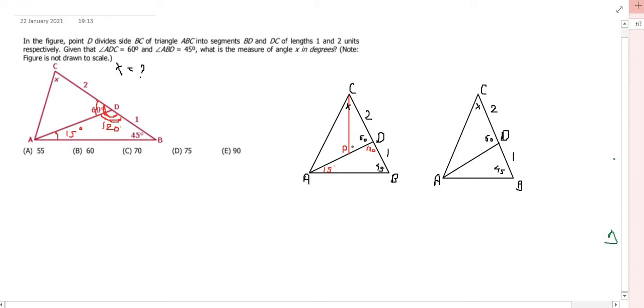Now why did I say the property of 30, 60, 90 triangle? This is 90 degrees, so this is also 90 degrees here. What is that property? If you have a triangle with angles 30, 60, 90, the ratio of their sides is A is to A root 3 is to 2A. A is the length of the side opposite the 30 degree angle, A root 3 is the length of the side opposite the 60 degree angle, and 2A is the length of the side opposite the 90 degree angle. Let's see how we can apply this here.